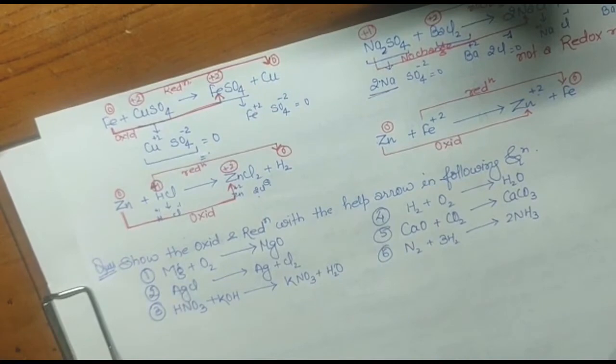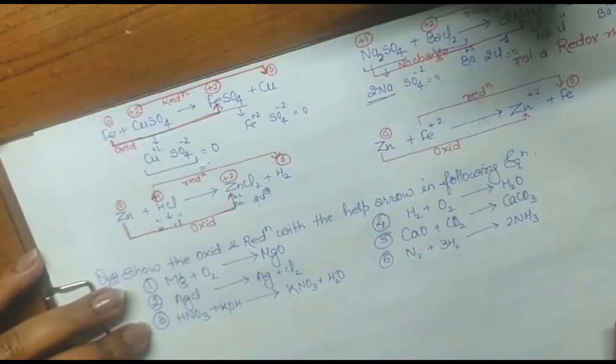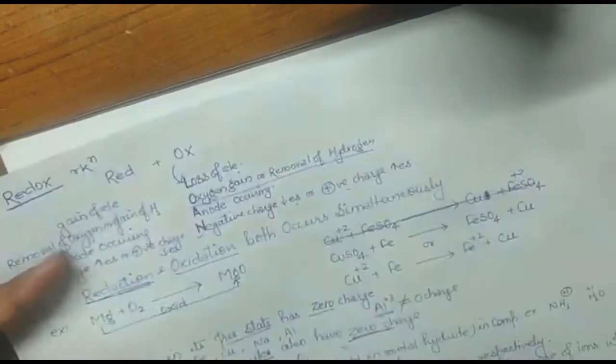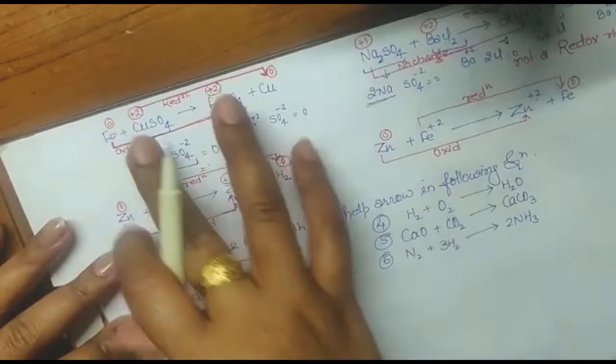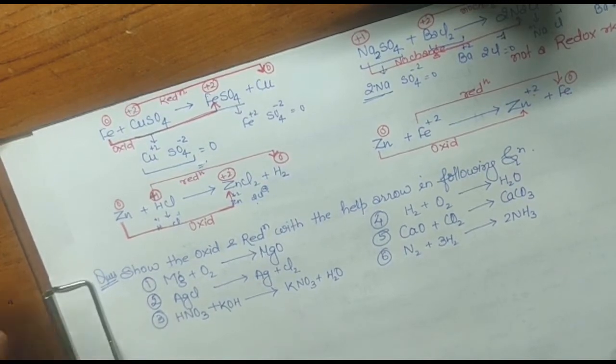Okay, after this topic, oxidation reduction, after finding all this, it is now clear which reaction will be considered as a redox reaction, where positive charge is increasing or positive charge is decreasing. If positive charge is increasing, it would be oxidation, and if positive charge is decreasing, it will be reduction. Got it? So after this, one more thing you have to know about this, and that is